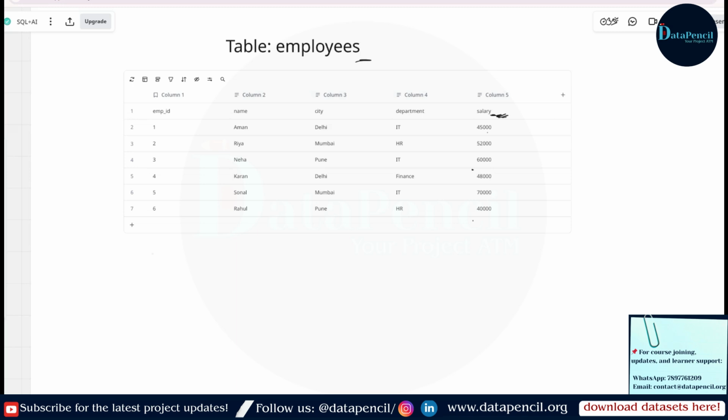So this thing is called sorting. So how can we sort our data? We can sort our data in ascending or descending order by using ORDER BY.